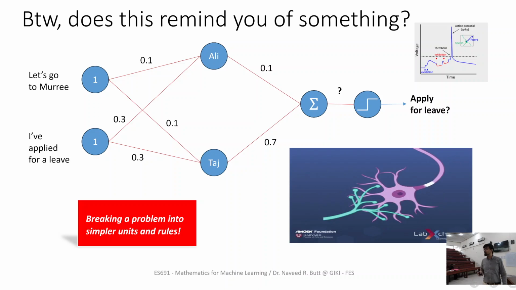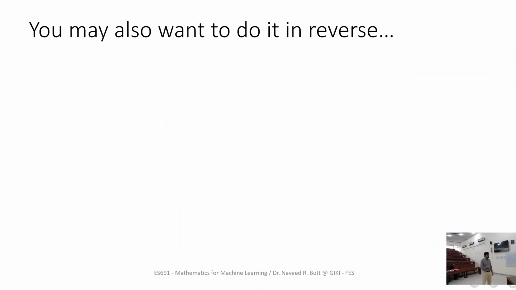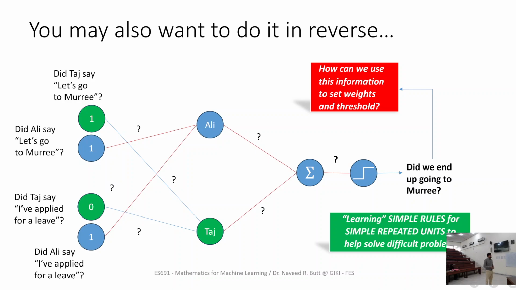100 billion with more than 100 trillion connections. That is nothing yet. Now this is far more interesting than what I have shown you already. You may want to do this in reverse. What is that? You may say, okay,